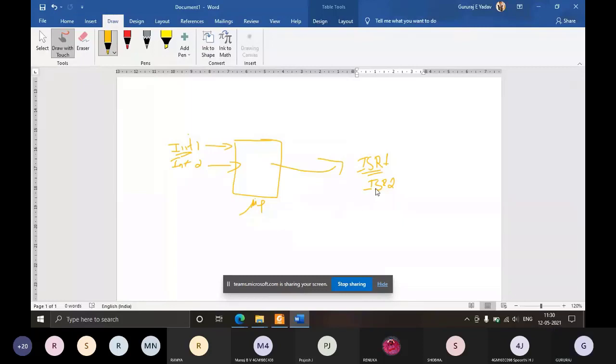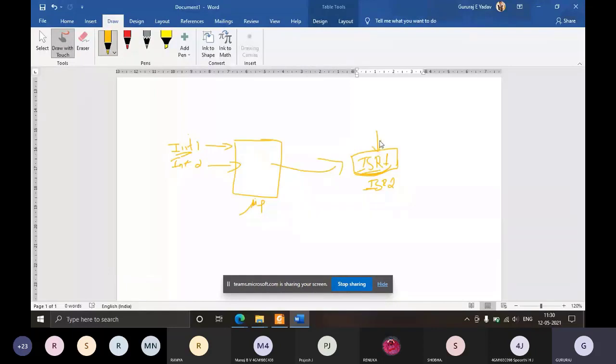Whenever an interrupt takes place, the processor has to pause its operation and start executing the interrupt service routine for that interrupt. To do that, first it has to locate the memory location where the interrupt service routine for that corresponding interrupt is placed.